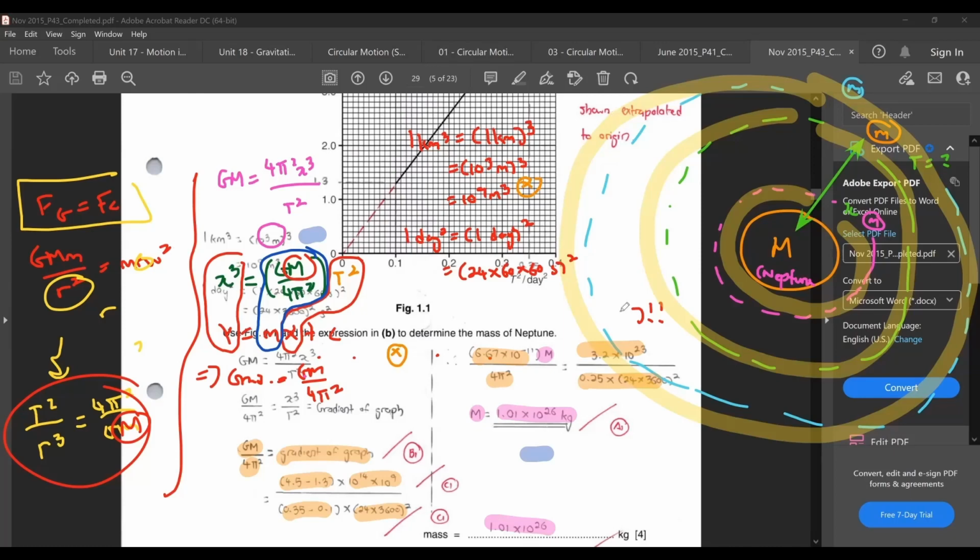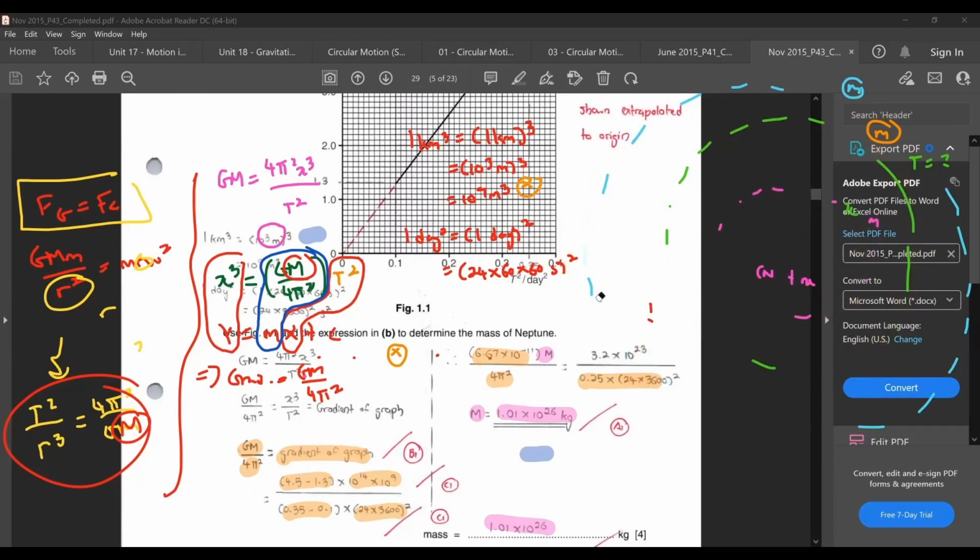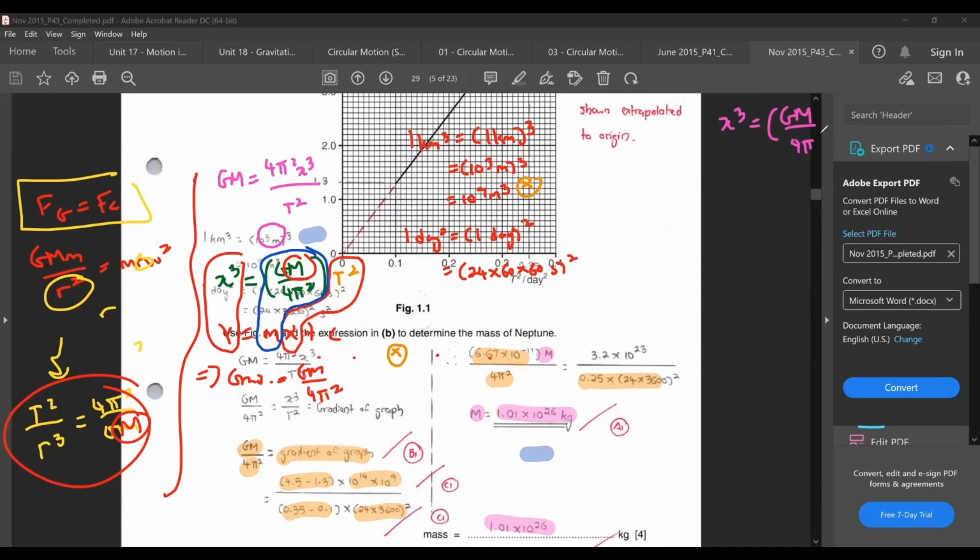Now, there is also another different method to do this, because sometimes some people don't like to find gradient. By default, I always find from gradient. But there's also another different method of doing this, which some people find easier. That one is using single point substitution. What I mean by that is this. Now you see, just now you already found x cubed equals Gm over 4 pi squared times t squared, right? So this one you have straight